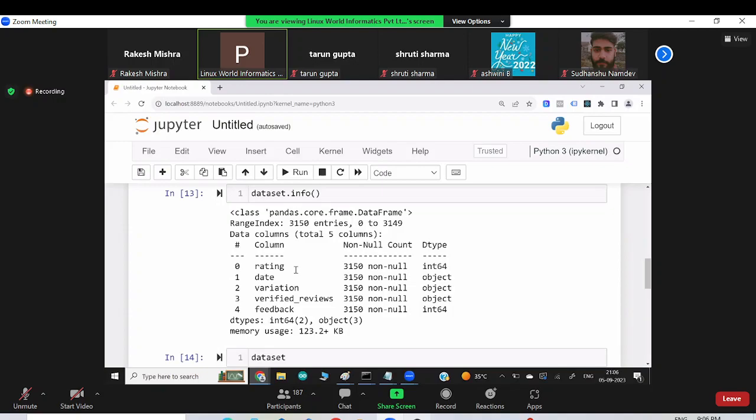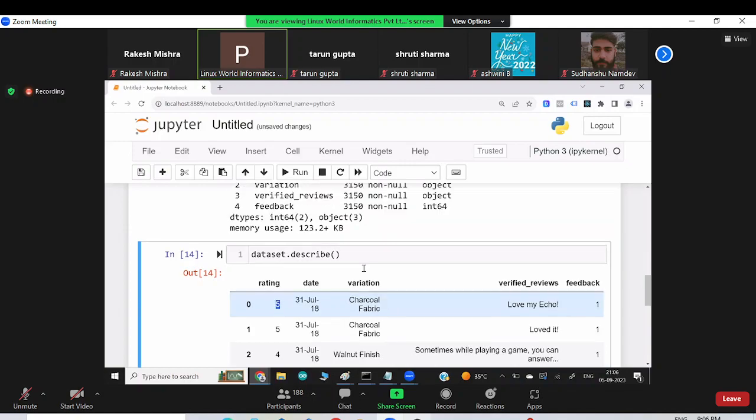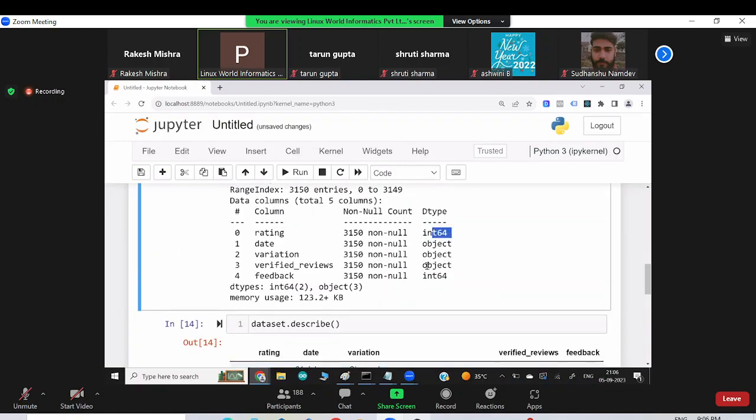One more thing I would like to tell you is very interesting. By default, your describe command will only describe the fields and column names that have a number, integer, but it does not describe any field that has a data type object.